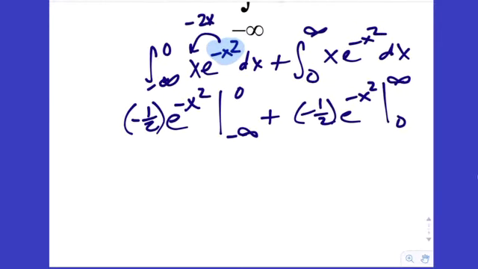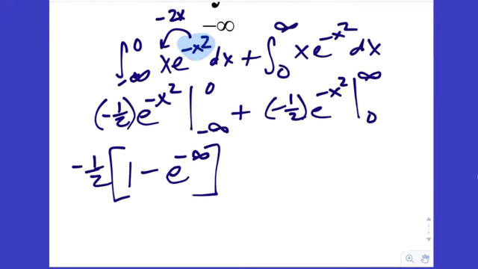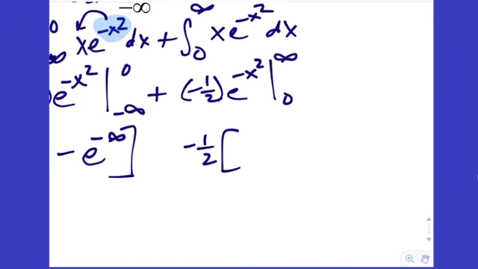Okay, so when we plug in, I'll keep my negative 1/2 out front, beefy bracket. Plug in the top, I get e to the 0, that's 1, minus e to the, now I've got to be careful here. When I plug in negative infinity, squared is positive infinity, times the negative 1 still makes it e to the negative infinity. I'll come back and evaluate that later. I don't want to do too much. Plus negative 1/2 factored out again, or I guess we could just say minus 1/2. Now plugging it in at the top, we get e to the negative infinity squared minus e to the 0,